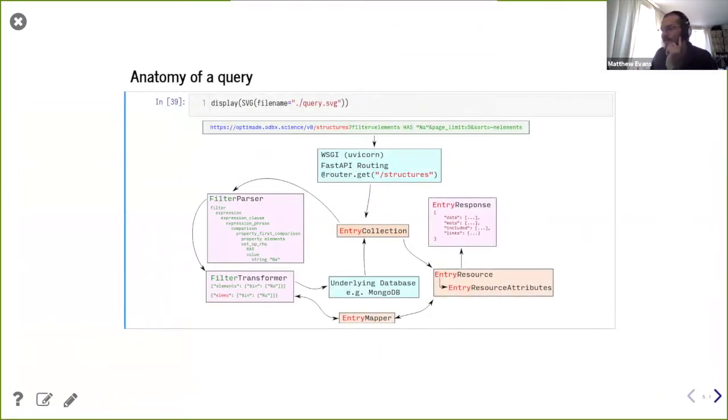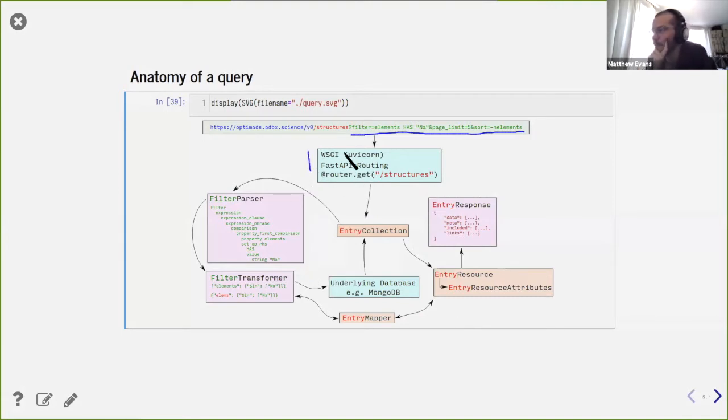So I thought I'd quickly talk about some of the terminology, just in case people who are involved in the spec heavily haven't been involved in Python tools. We often talk about a lot of these things referring to the Python tools, which maybe doesn't make any sense to you. So let me talk through what happens when you actually ping an OPTIMADE Python tools server with a query. We often talk about this blue section as a versioned base URL. The red section is the particular endpoint we're hitting, structures. And then you have the actual filter parameters, or the query parameters, which give you the filter, and then things like page limits and sorting. So this goes to our